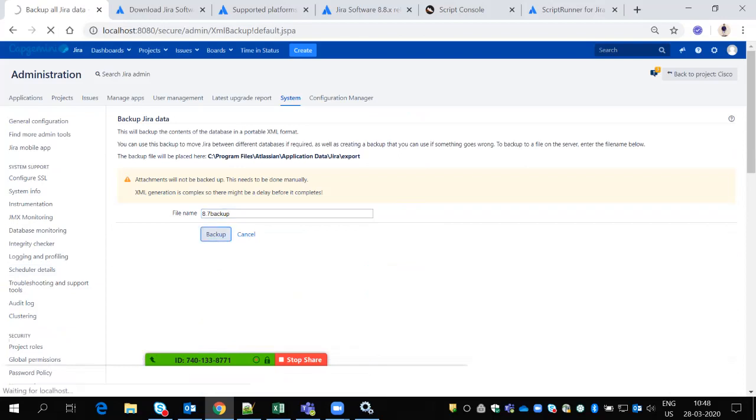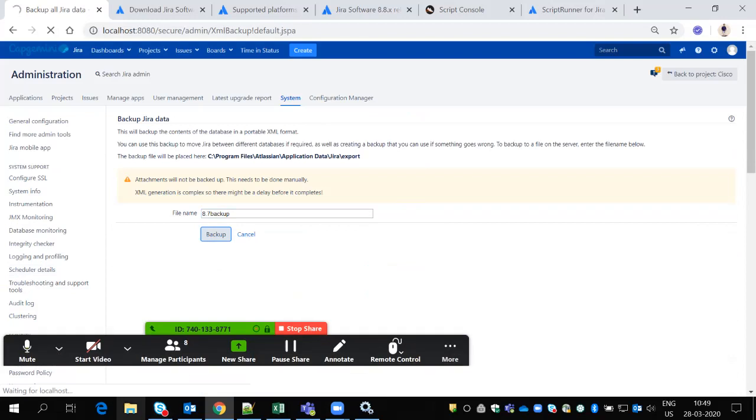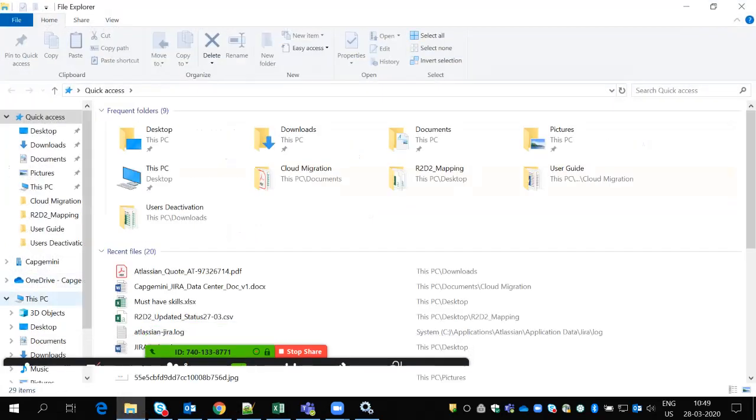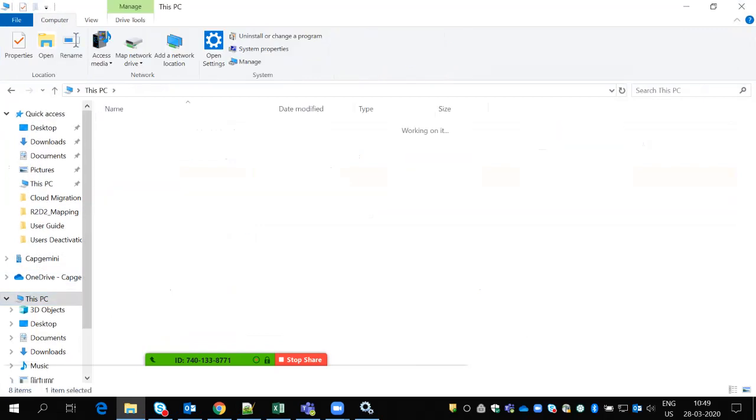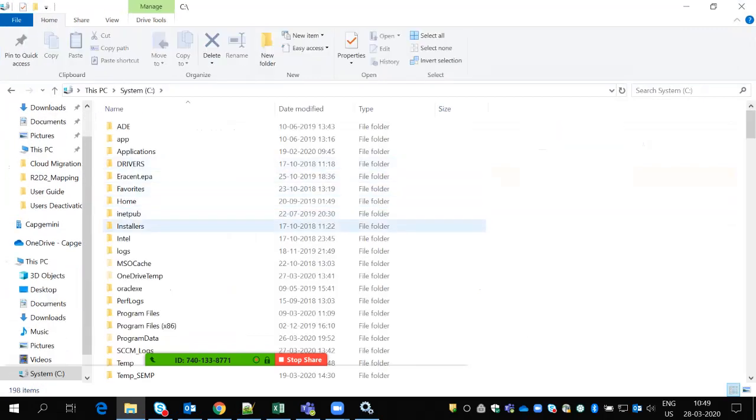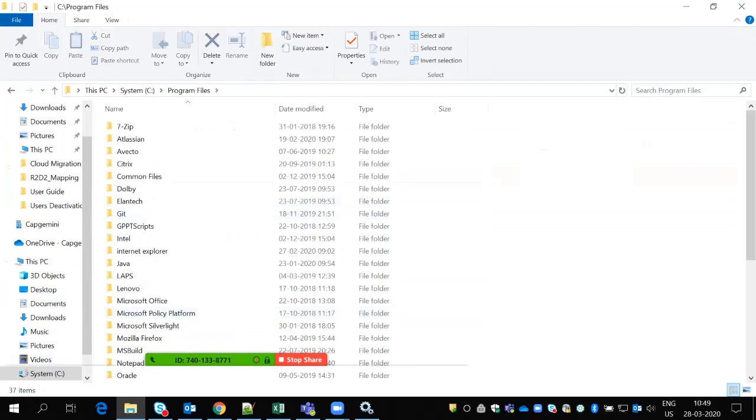So you should know where it is stored. It will be stored in Program Files, Atlassian, Application Data, Jira, export folder. The same is on my instance, in the C drive, Program Files, Atlassian, Application Data, Jira.